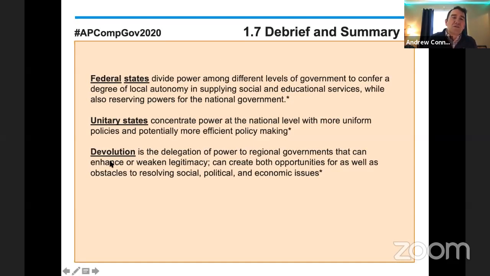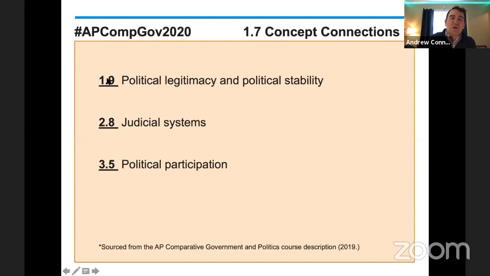You should also note that the term devolution comes up in this topic, particularly as it relates to the United Kingdom. You'll see that word devolution come up more when we look at political legitimacy, a topic that we're going to start looking at tomorrow with topics 1.8 and 1.9,